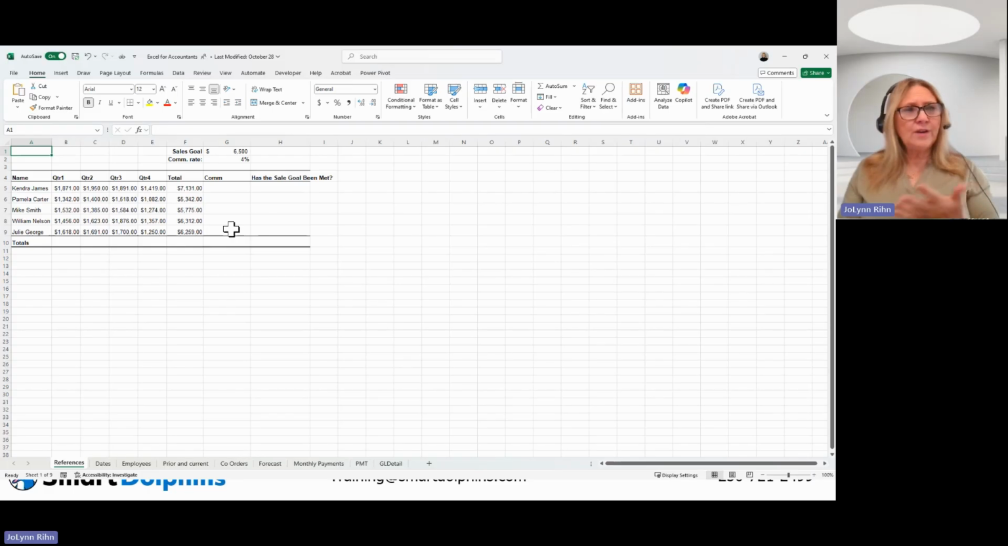Well, when you go to a cell, you can identify that cell. Like right now I'm on cell G2, and you can see in the name box it says G2, but I want to name that cell based on what it is. What's on G2? Well, G2 has a commission rate,